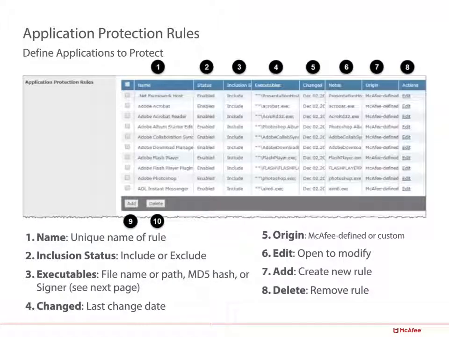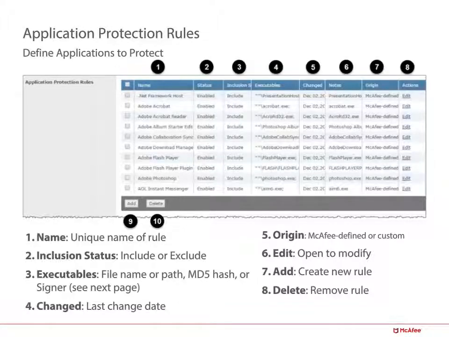We do have signatures that protect specific applications, and these are defined in the Application Protection Rules list. Now, when your attack is detected, the exploit prevention can stop that behavior that's initiated by that attack. So, Application Protection Rules lists all the default rules that we have included with the ENS. You can use this as a starting point, or you can add and duplicate and edit the different rules to